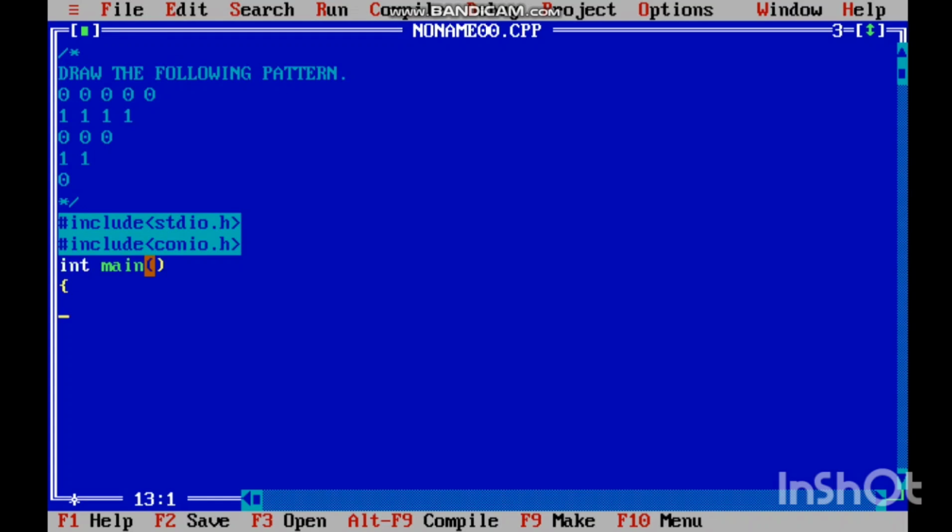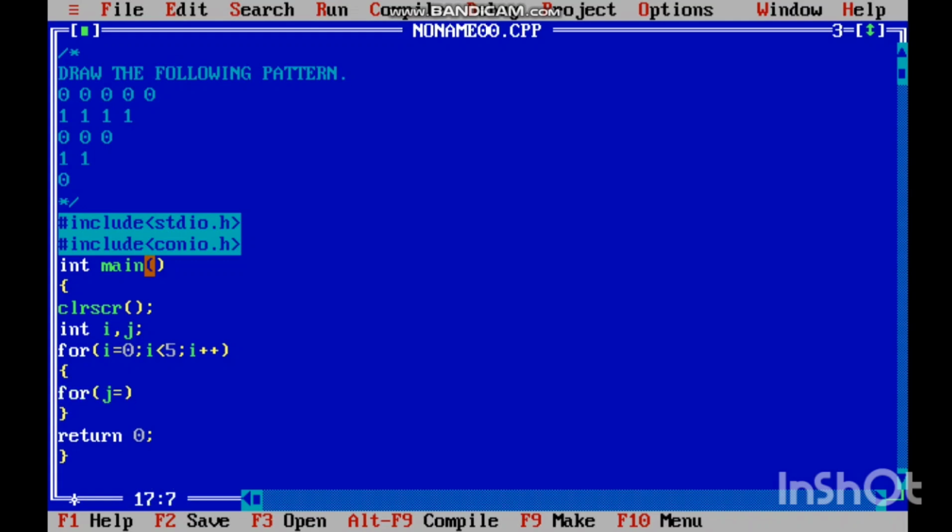Firstly we declare two variables that are used for nested for loop. So we create integer type variable i and j, and we create outer for loop, and in this outer for loop we take three parameters. Firstly we initialize, then second we check condition, and third we increment or decrement the variable's value. So firstly we initialize i variable equals to 0 and check condition if i less than 5, and increment the